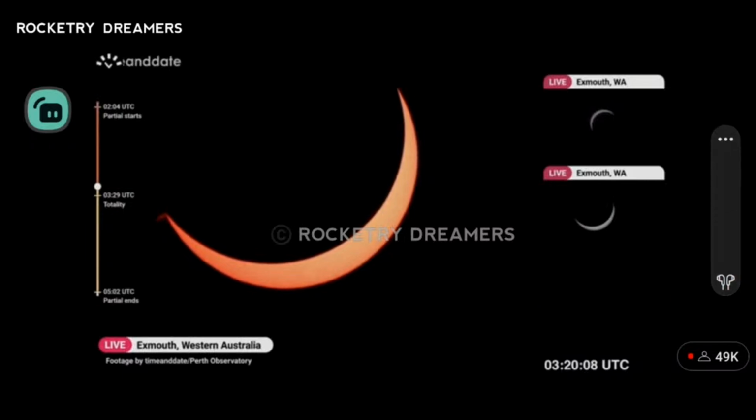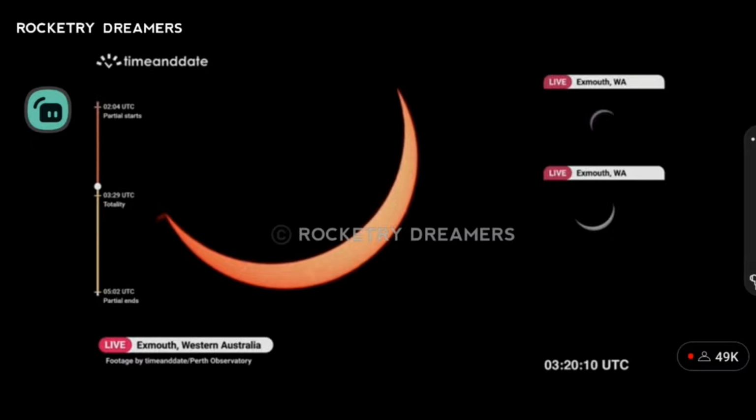Okay, so we are nearly 9 minutes away from the totality. As you can see, at 3:29 UTC the totality will start, and right now it is nearly 3:20 UTC. So let me give some brief info about the Inex series. This eclipse is a part of the long period Inex cycle, repeating at alternating nodes every 358 synodic months, which is also